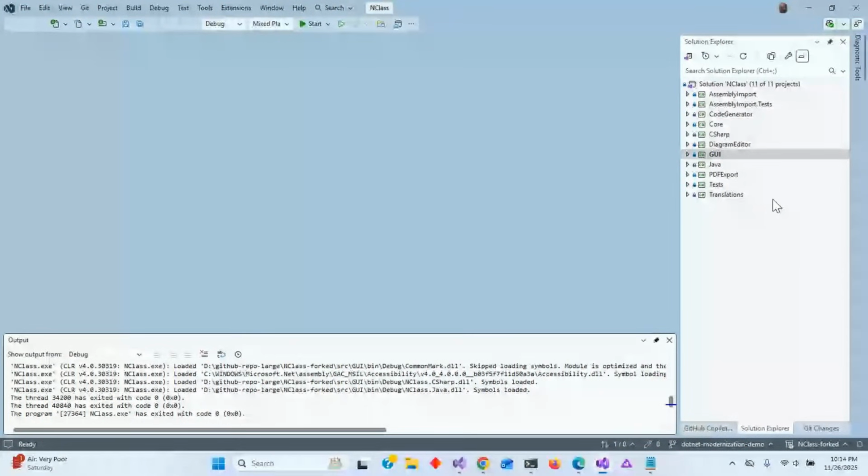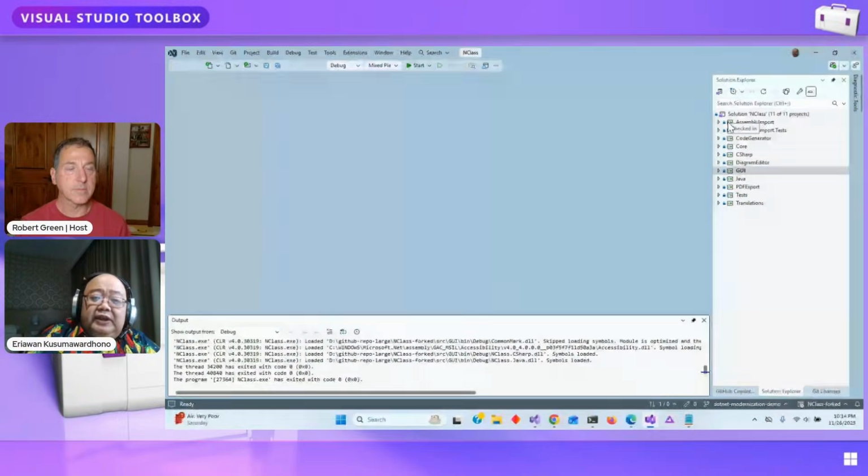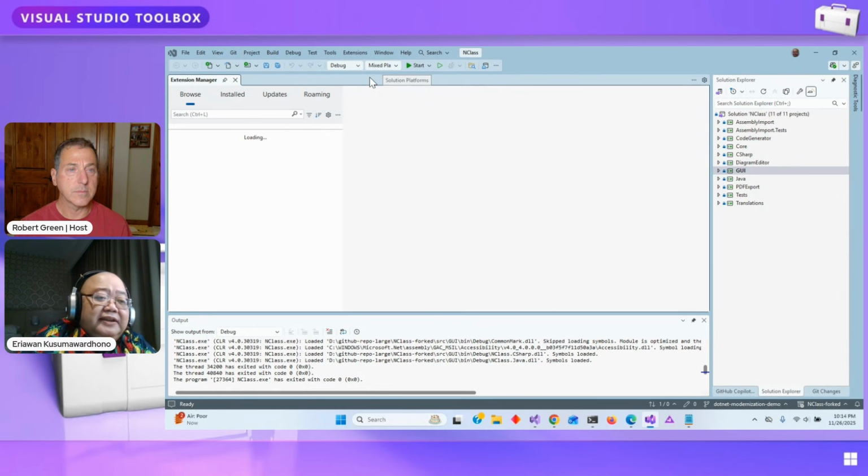Before that, I'd like to give some historical context here. I'll try to be quick. Previously, when we were trying to modernize any kind of desktop app, .NET Core app, and so on, we could use the Upgrade Assistant. And since 2026, I think the Upgrade Assistant will somehow be deprecated. I mean, correct me if I'm wrong, but when I look at the Extension Manager,